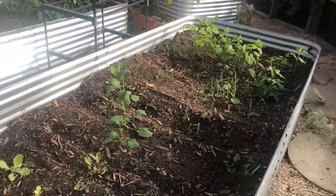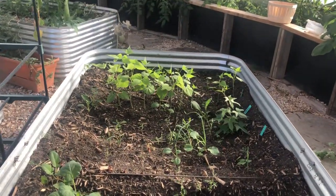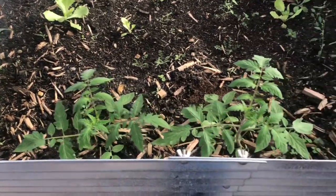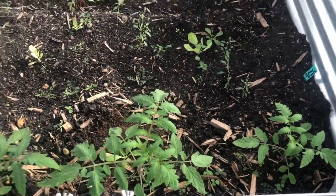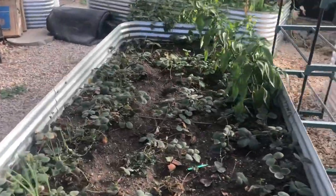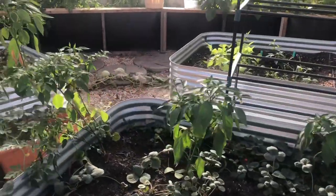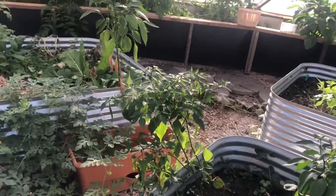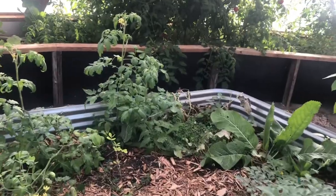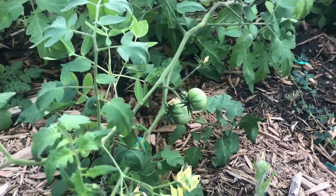And of course, the cold hardy stuff is in this one here. So the beans are doing just fine. As a matter of fact, they're flowering. Everything else is fine. Even the tomatoes that are just coming up, that haven't technically done anything yet, are fine. The peppers in here are happy, other than needing a little bit of water because it's my own fault. I wasn't in here for a couple of days, but